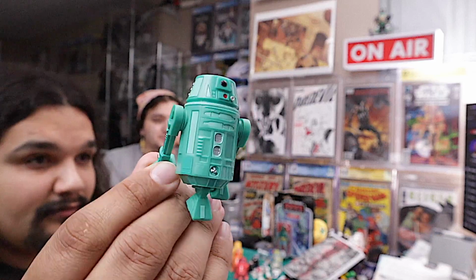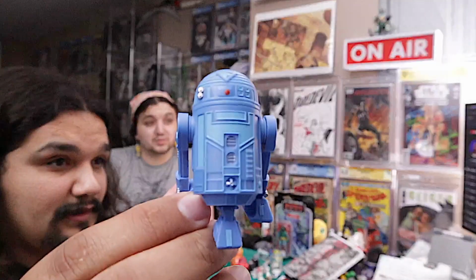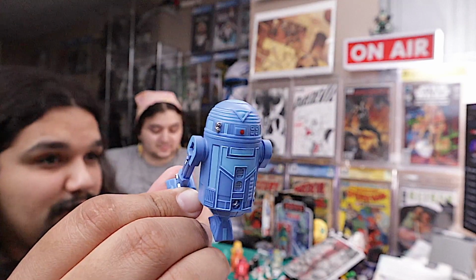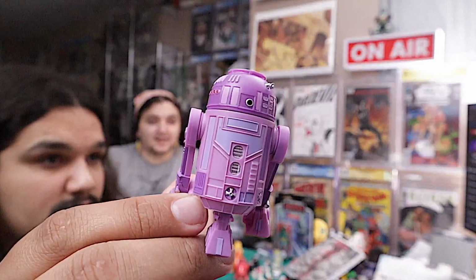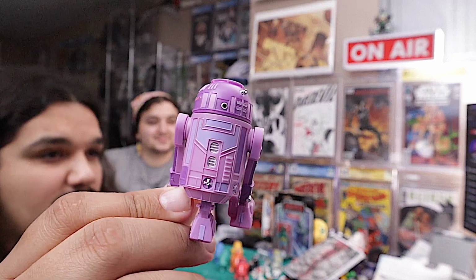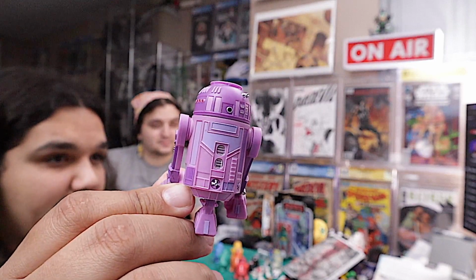A green R6, another one you don't see very often. You see this next one even less. This is one of my favorites, honestly. Blue R7. I like the R7s a lot. The triangle just gets it for me. Very Iron Man 2. I don't know how I feel about this next one. I don't remember seeing him ever. An R8, he's certainly interesting. And he's purple. I like purple. I think he's fun. His design is a little bit more sleek and stylish